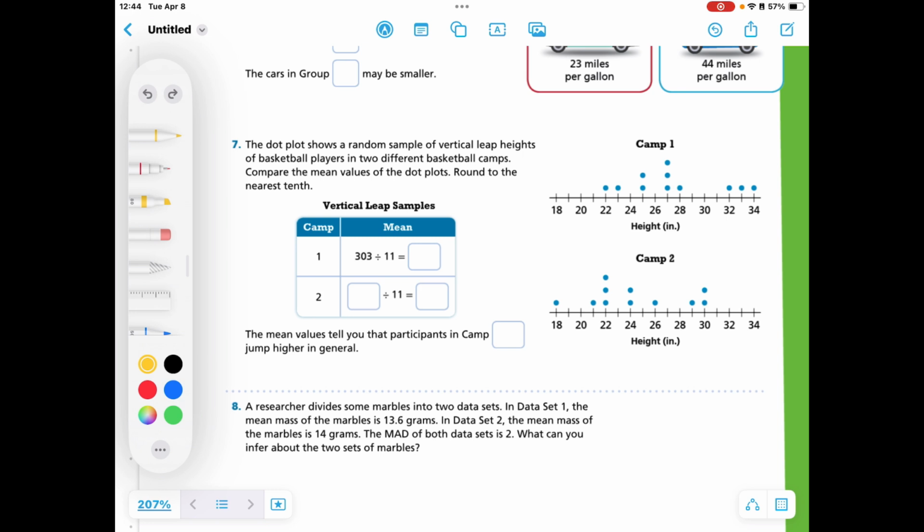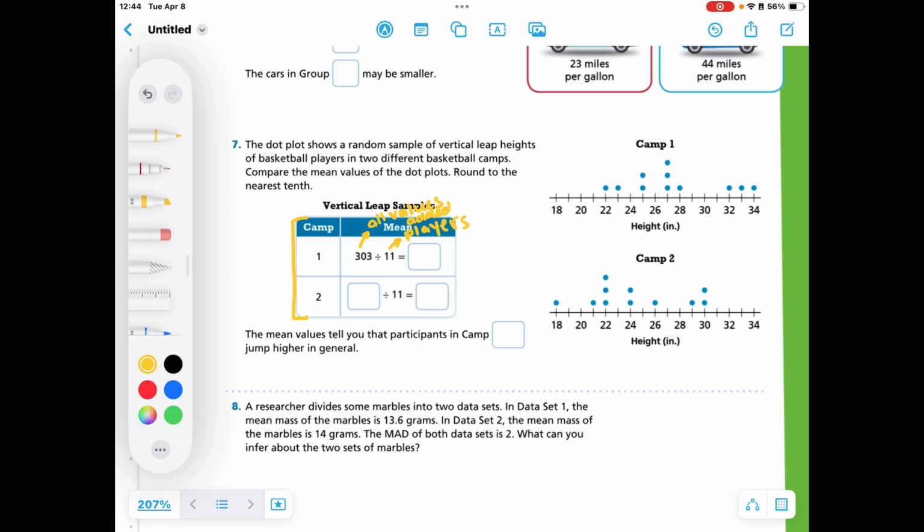So for number 7, it says a dot plot shows a random sample of vertical leap heights of basketball players in 2 different basketball camps. Compare the mean values of the dot plots and round to the nearest 10th. So what's great here is that it actually tells us, or gives us a good baseline. We're told that 11 people were sampled, so that 11 is the players, and that is all values